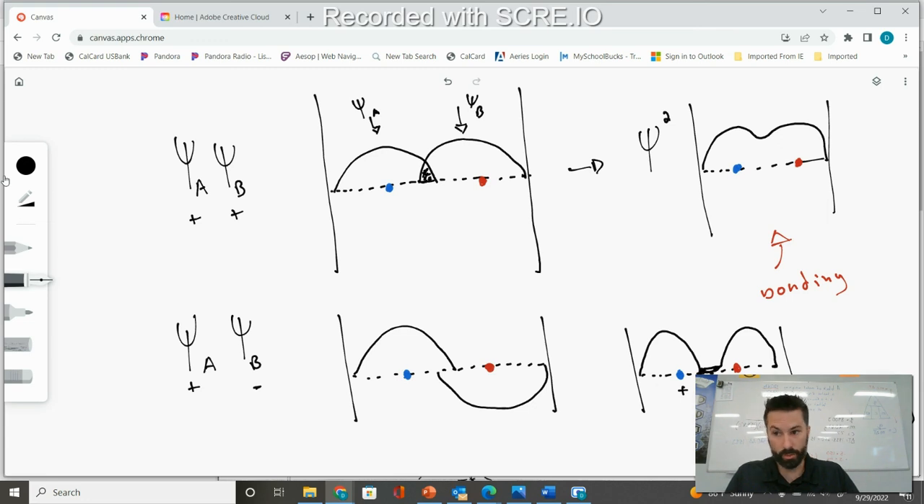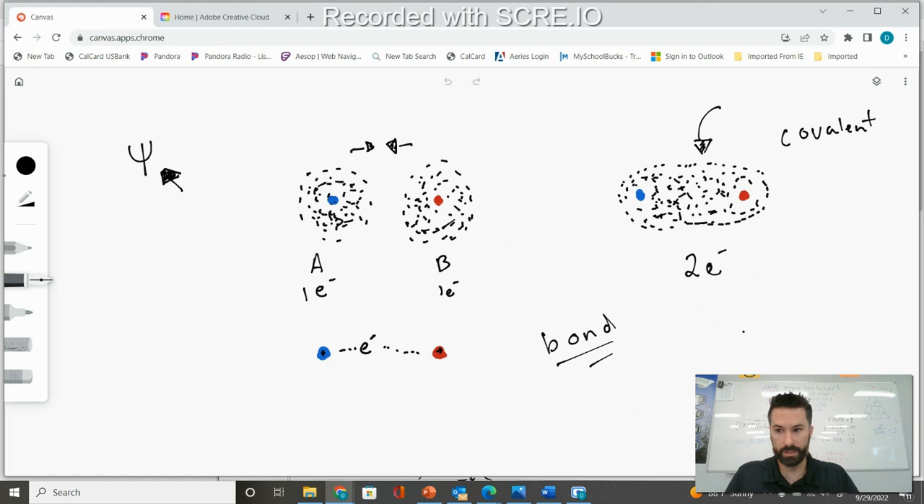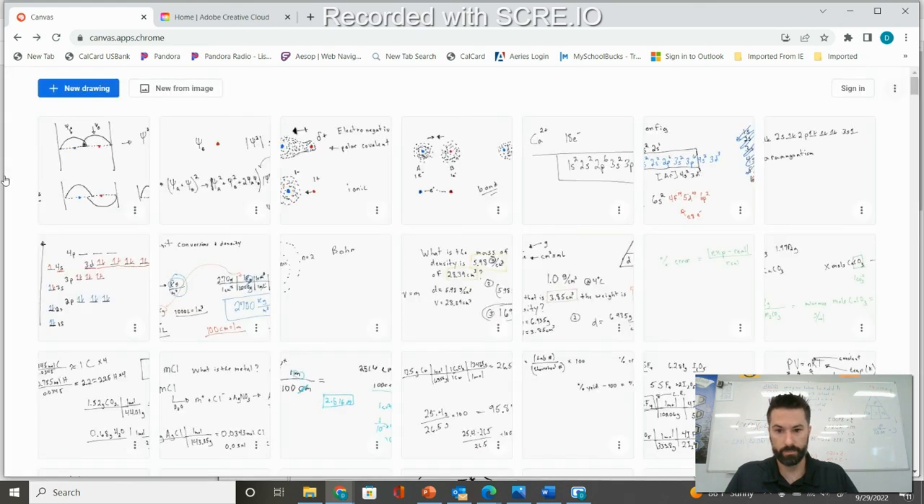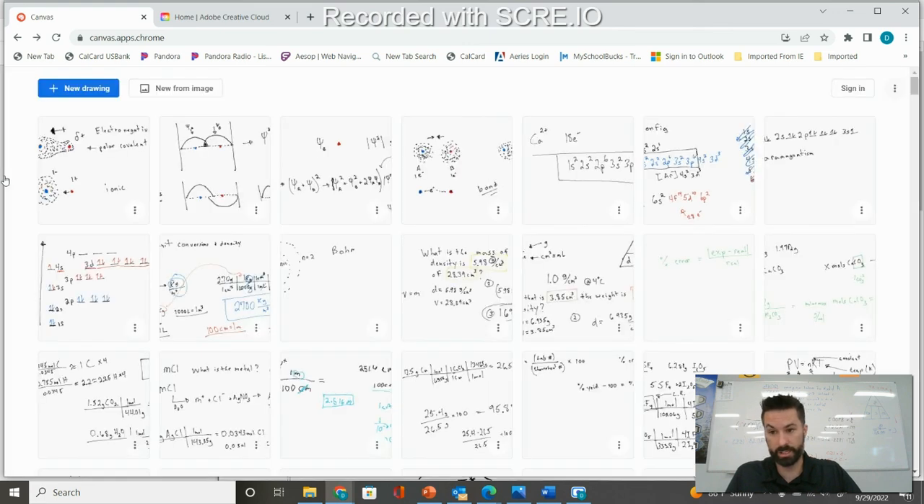So to review, there are three types of bonding that we worry about: covalent, polar covalent, where electrons want to spend time over here a little bit more, and ionic, where the electrons spend all their time around one, and then that negative and positive charge attracts the two nuclei together, the two atoms together. Then you also have